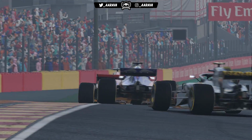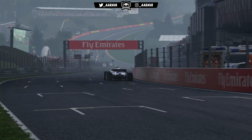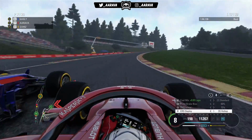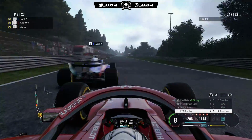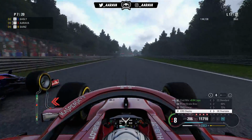So as the sun comes out a little bit here around Spa, we've got more fighting to do and more defending to do, because we run towards the hill now. Gasly is going to be right up my gearbox, and he's got enough speed to make a move on the outside up the hill. It's a fantastic move there, true balls of steel there for the Frenchman, and so he's done me. We're going to have to try and re-overtake him now down the Kemmel Straight with ERS going,